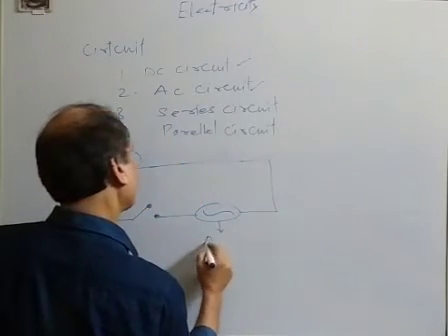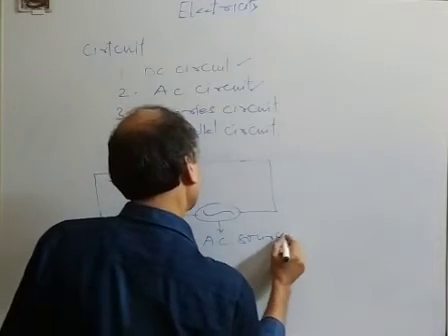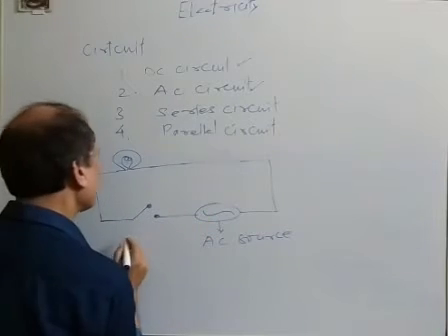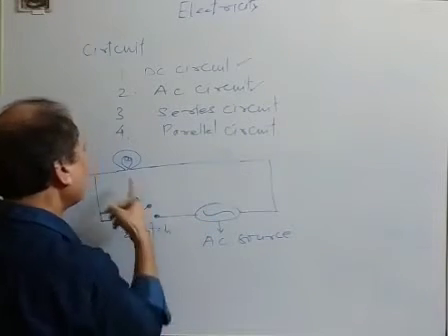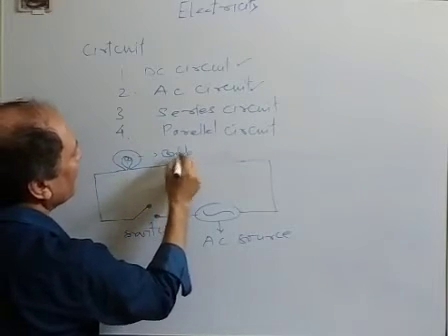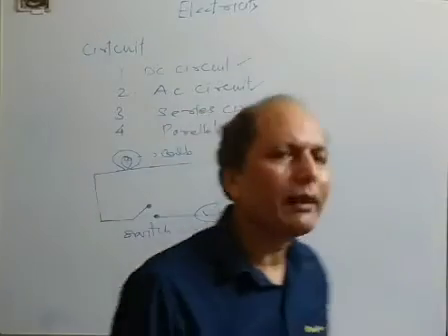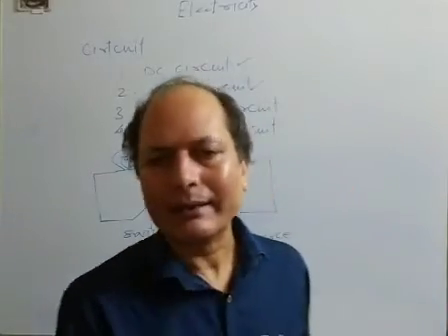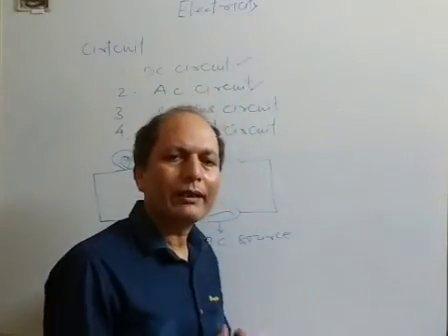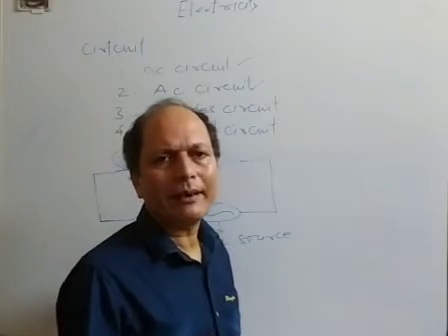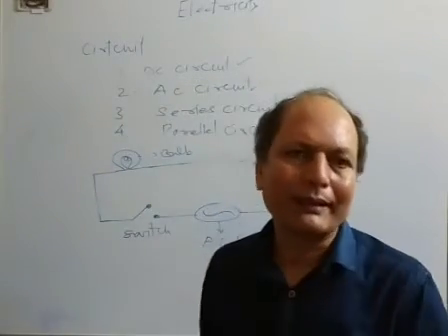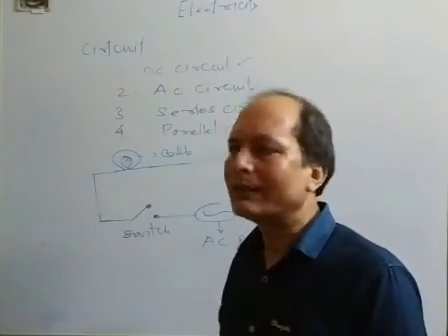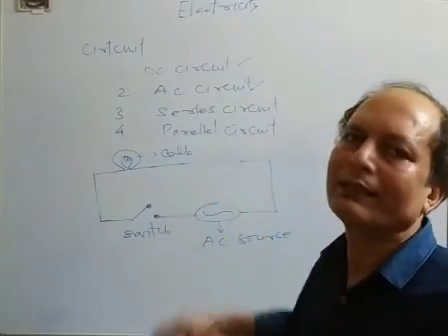That is the AC source. Symbol of AC source. So an AC circuit is symbolized this way. It is your switch and it is a bulb. Bulb means resistor. Resistor means electrical instrument, because every electrical instrument that we use has a particular value of resistance, so all the electrical instruments are known as resistors. So it is the symbol of the AC circuit.